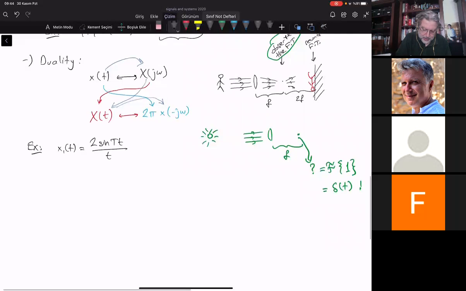So I start thinking about this, and after a while, I remember something. I understand and remember that what I really have is something like this. It's like a Y of j omega, like the Fourier transform of y of t, which I don't know. I will find it. It was this, 2 sin T1 omega divided by omega. This is a signal that I know